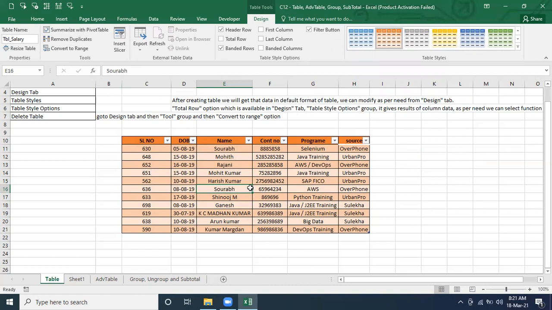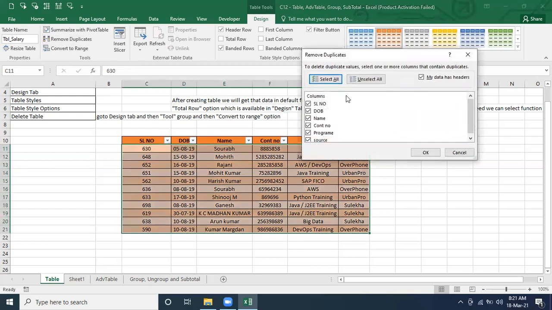Now, next, I'm going to identify by name with their DOB. Whether this Saurabh's DOB and this Saurabh's DOB are the same or not. If both Saurabh DOBs are the same, then we can identify that maybe these two records are the same, so let's delete it. So now I'm going to do it not on behalf of all columns, only the name and DOB. Let me click on OK.